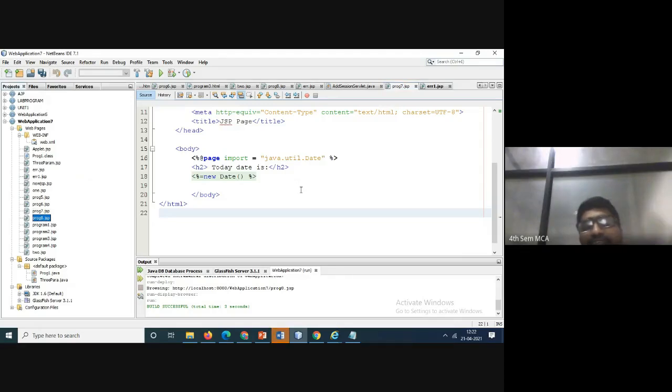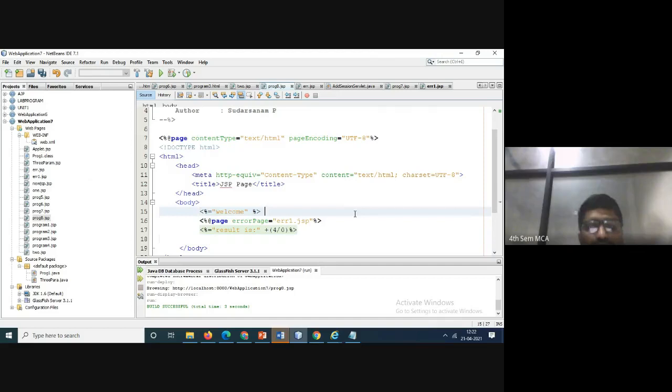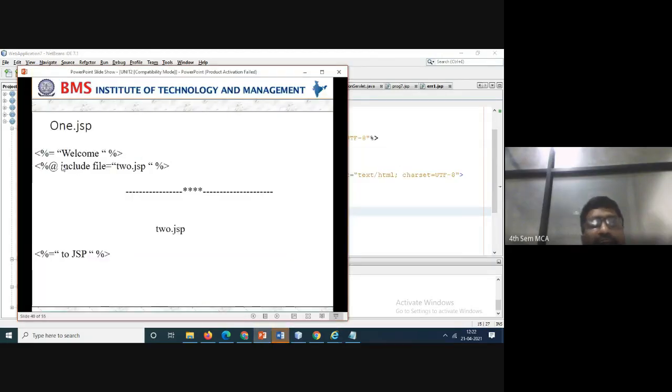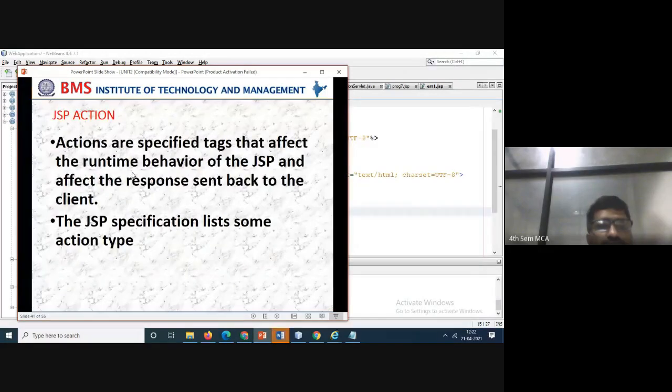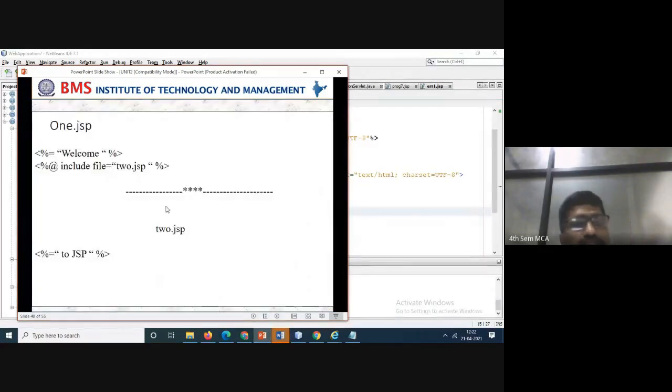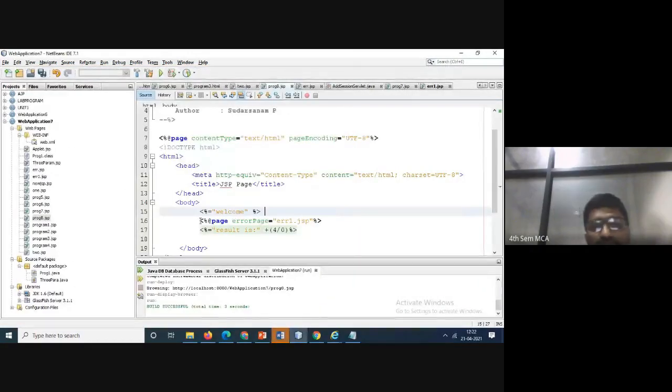So now I'll change it here only. What is the code here? Hash include file, dot, this one. So now how to change this? Hash, after hash include file. So we'll delete this. I'll add it.